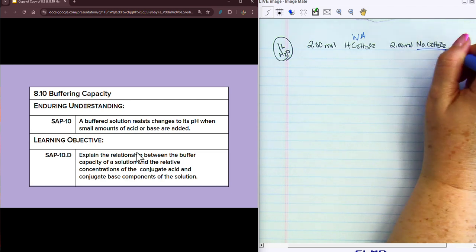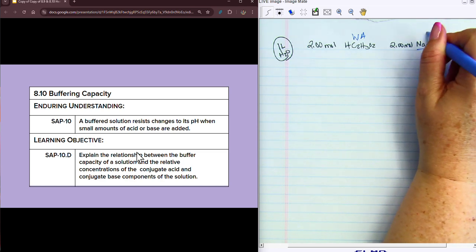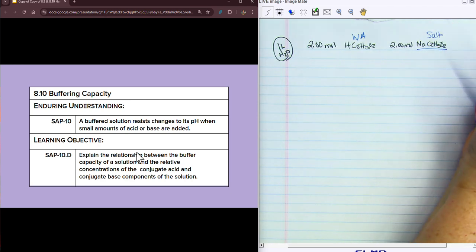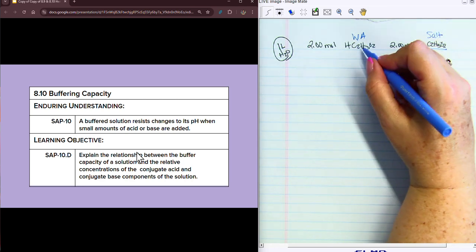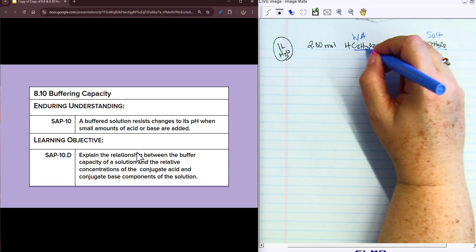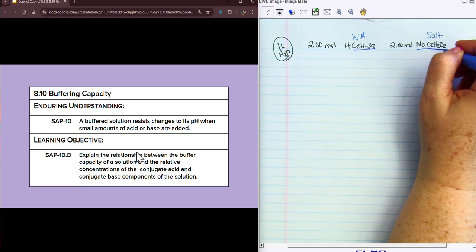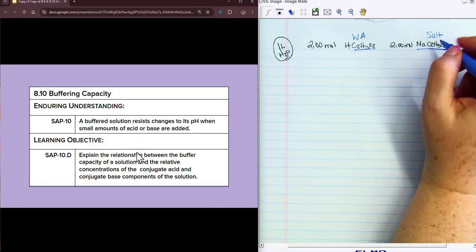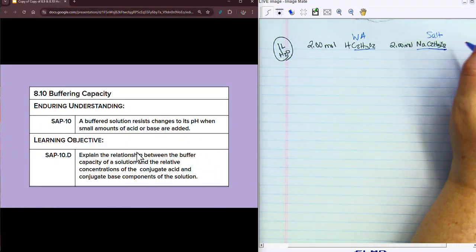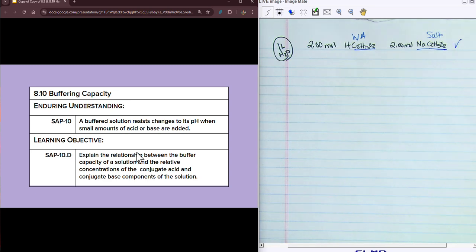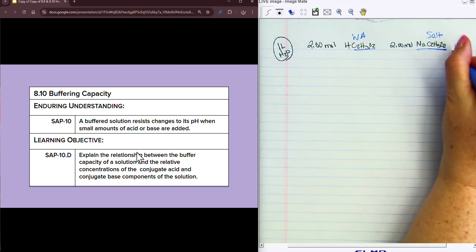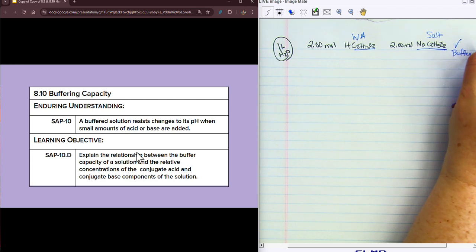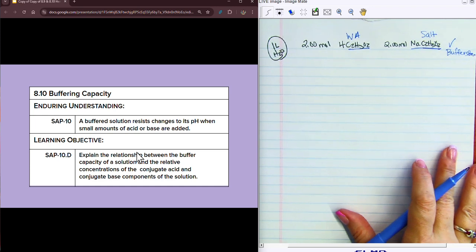And then this is an ionic compound, also known as a salt. But is this the salt of this acid? You're looking at its conjugate, which is this acetate ion. Acetate here, acetate here. Yes, this is a buffer. Check. This is a buffer solution. So when I'm in the buffer solution,